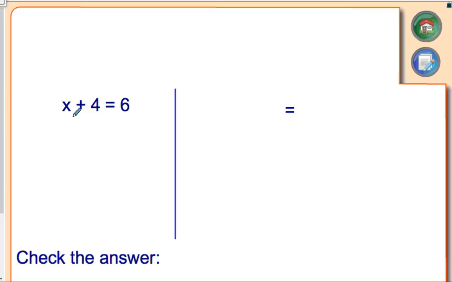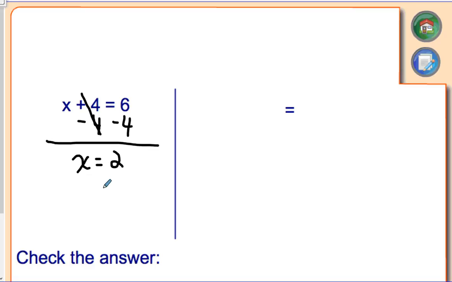All right, the next example we're going to have is x plus 4 equals 6. I'm just going to solve it over here so I don't have to rewrite it. So the first thing I need to do is get x by itself by getting rid of this positive 4. The inverse operation of adding 4 would be subtracting 4. Whatever I do to one side of the equation, according to the subtraction property of equality, I have to do to the other side. So I'm going to subtract 4 on this side. Plus 4 minus 4, they cancel out. I'm left with just an x on this side, and equal 6 minus 4